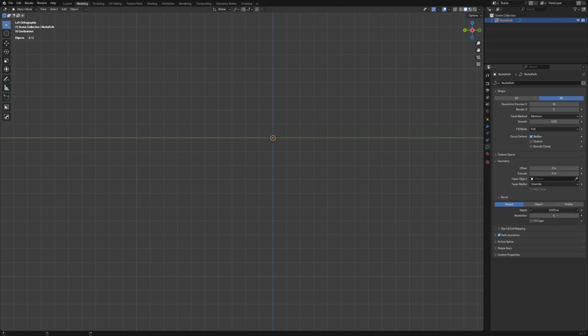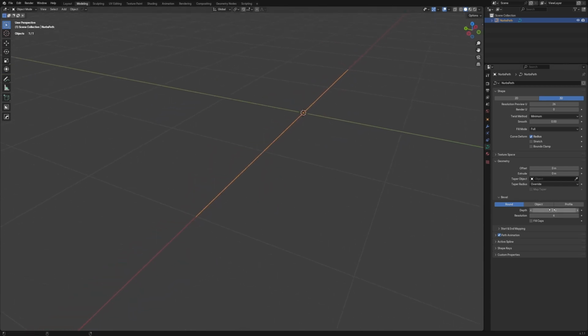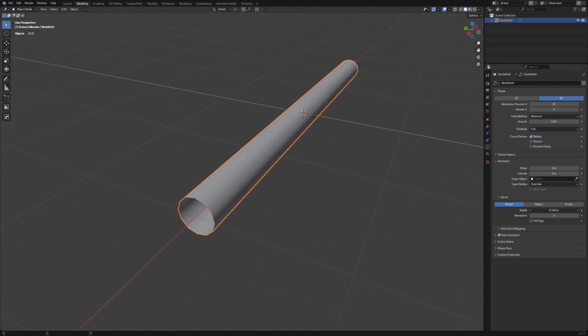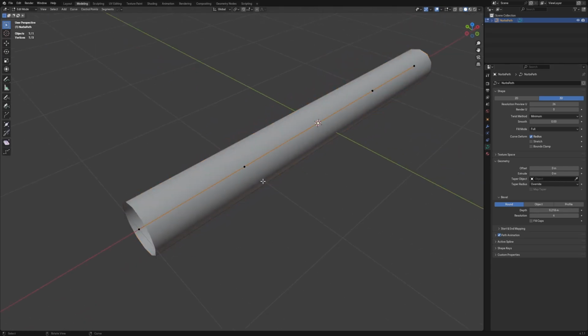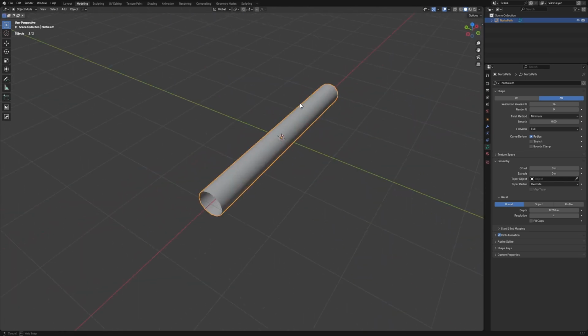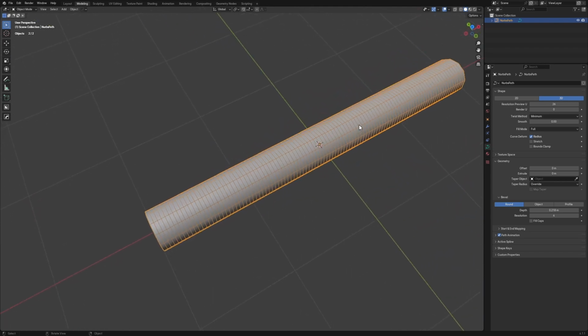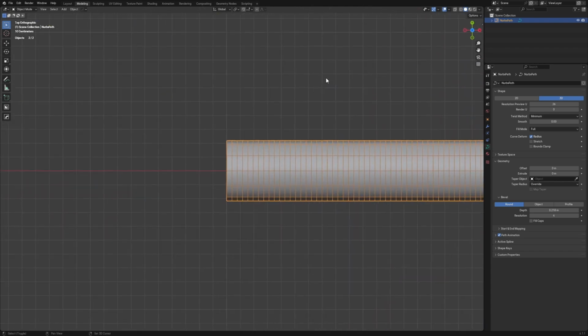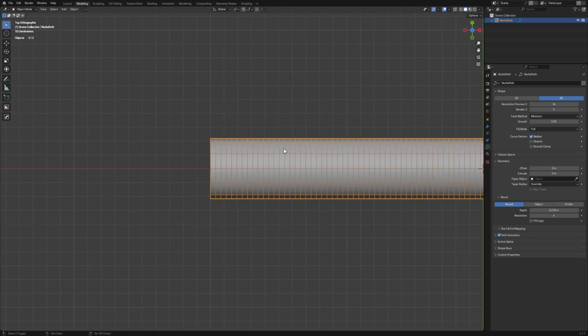So if I increase this depth, you're going to notice it kind of works like a cylinder, right? But right now it's not. It is just a curve. Okay. So for this, I'm just going to turn on my wireframe. Now you can see it is a quite densely subdivided mesh, and